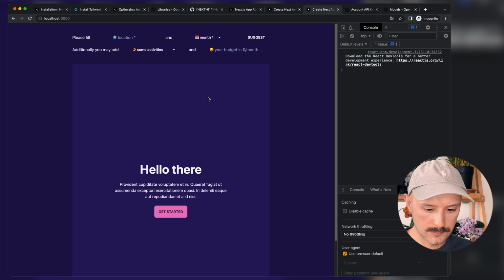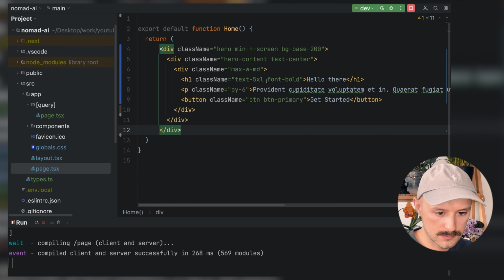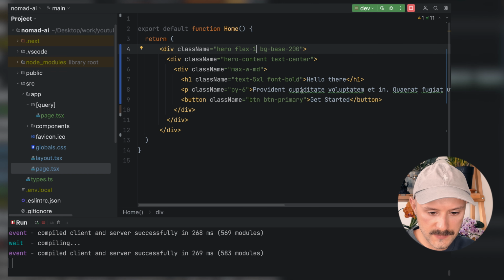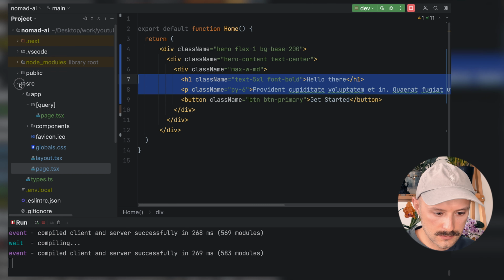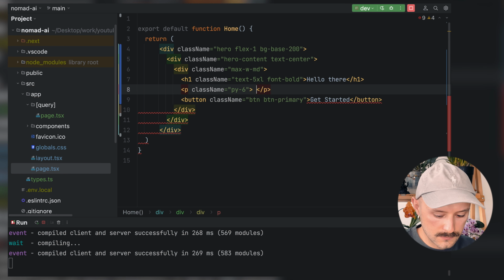Let's check it out. But first of all, let's actually fix our styles a little bit in the text. Not the full width, but flex 1, so it will occupy the given space, and ask the user to fill the form above,